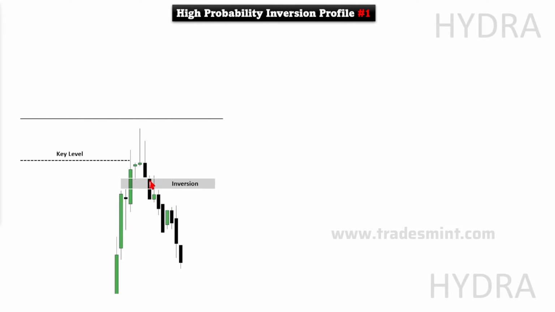Okay, once price closes a candle's body below the inversion, at the very next candle you execute with a stop loss above here or above the candle's body. It's going to depend on the market structure. Okay, I'm going to show it to you in our next couple of slides, in our next examples, but this is